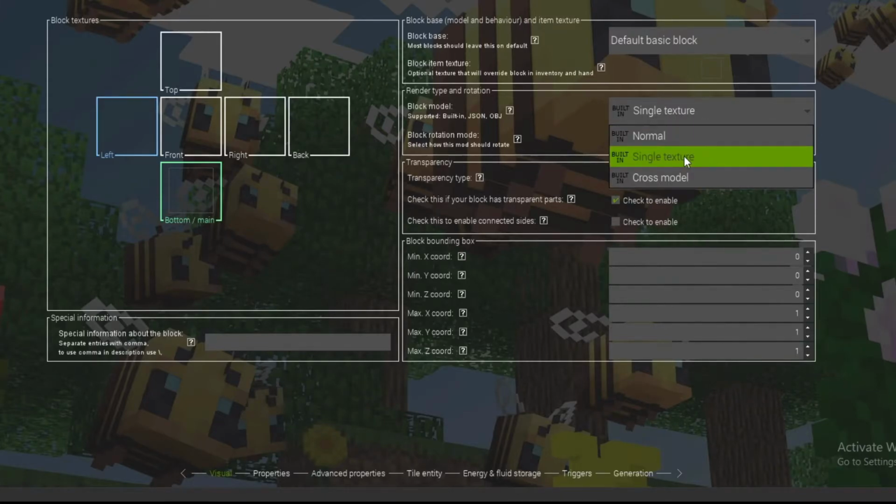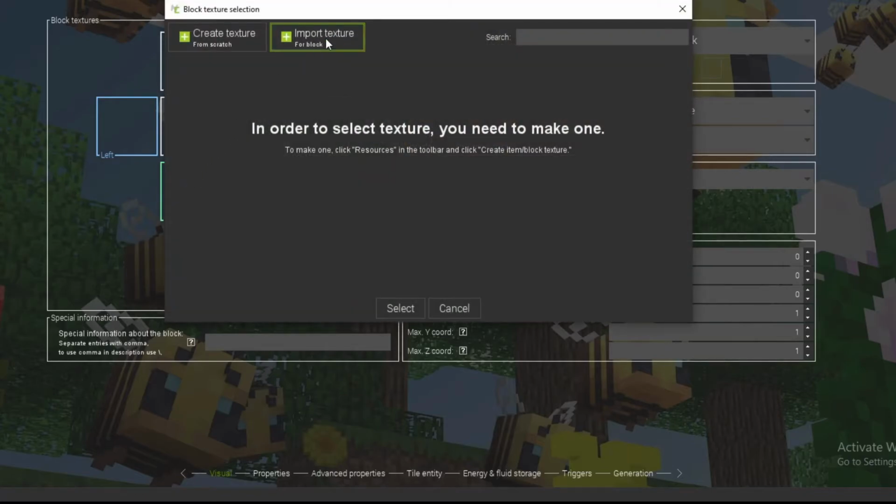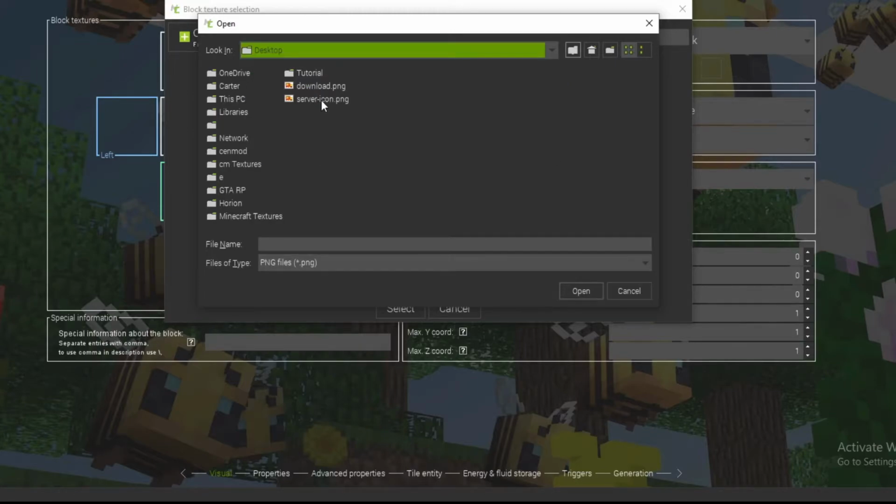So you can do single texture or normal. If you want to make a block with multiple different sides, click normal. If you only have one texture and you want that one texture to be on every side like a dirt block, then just click single texture. And after you do that, you can go to bottom/main and import, and then now you have to find where you're importing this into. So I'm gonna import it into